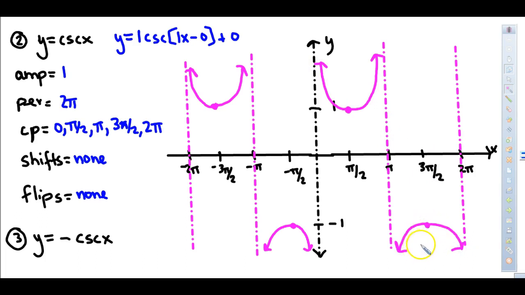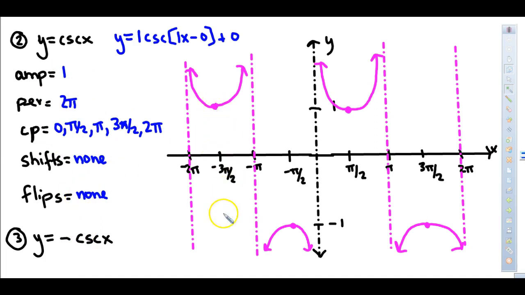And that is what your parent function for cosecant looks like. Now, of course, if a is negative, then this is going to flip, right? And because you follow the same rules as sine, if a is negative, you flip. If b were negative, you would flip. If they're both negative, there are no flips, it flip-flops. Okay? So, with cosecant, or negative cosecant, all of this is the same except you're going to flip over the